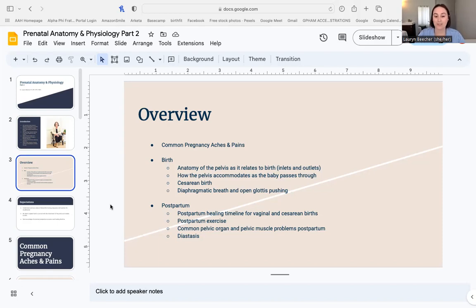We'll also very briefly talk about cesarean birth, as you may have some students who are planning a C-section, or they may have a baby that's breech, which are often delivered by cesarean. And then sometimes there is an unplanned C-section as well. So having a little bit of knowledge around what that surgery and recovery look like. We'll talk a little bit about breathing and how you can use the breath to help relax the pelvic floor, connect with the pelvic floor, how that relates to some pushing strategies, building on a little bit about what we talked through in part 1.